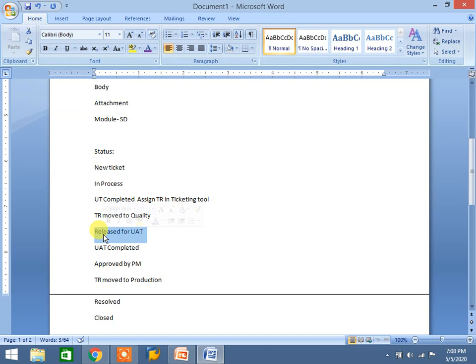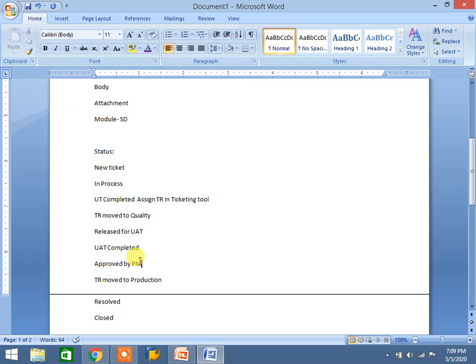That means we are releasing for UAT. Once the user completes their UAT, they can change the status to UAT completed with a document attachment. Here also we need to assign the UAT completed level. The user can assign it. Once it is completed, it will go to the project manager or authorized manager. Not only the project manager, maybe it will be the development manager or project manager, based on the project.